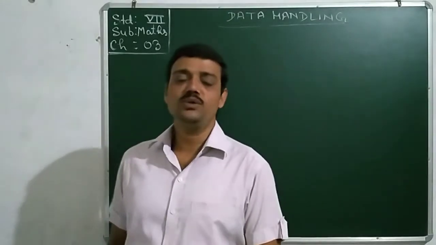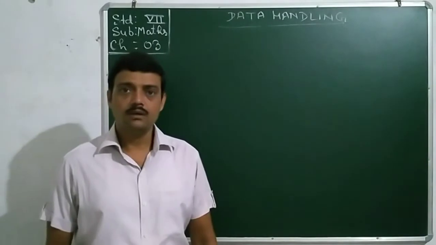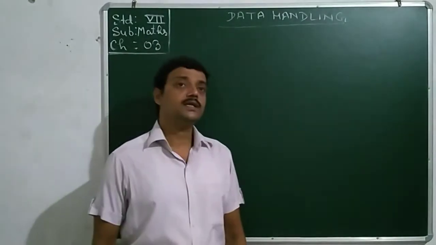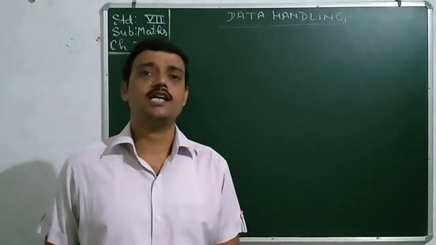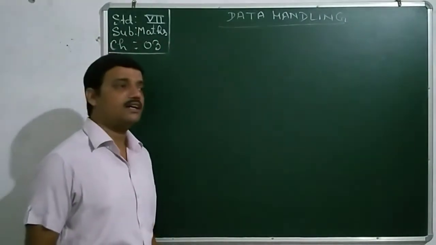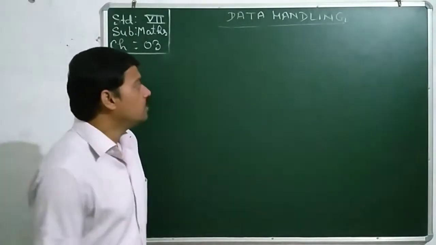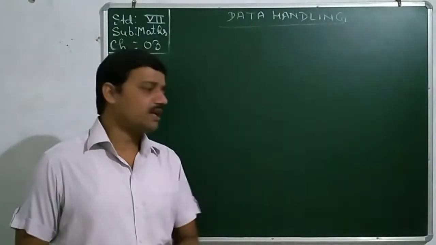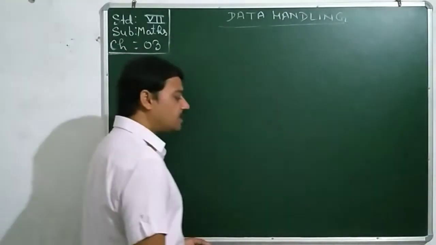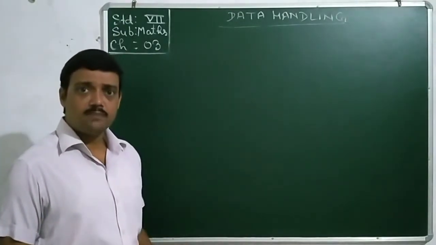Today I will explain exercise 3.3 of NCERT Maths for standard 7 from the chapter Data Handling. In this exercise, we will learn about bar graphs and how to conclude from them. We take out many conclusions from a given bar graph, and we will discuss that. In the exercise, I will explain the sums one by one.